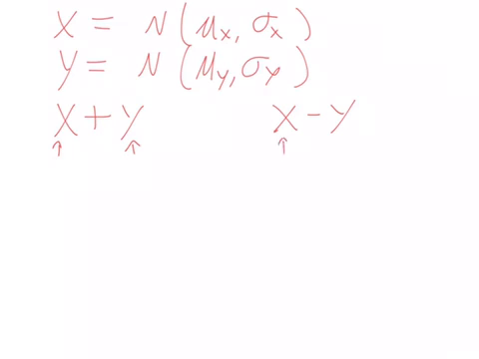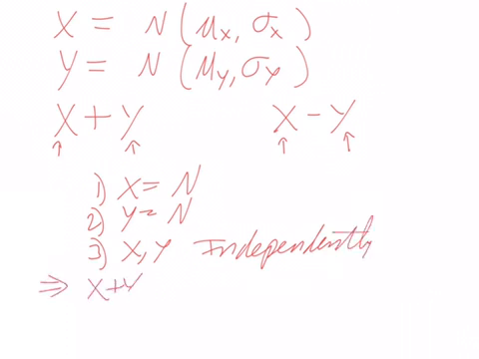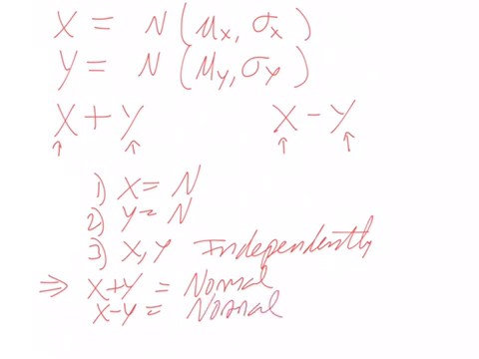Maybe this is a randomly generated height of a man, randomly generated height of a woman, and you want to find out how much taller the man is, or what the difference in the heights are. Well, if x is normal, and if y is normal, and if the two values x and y are generated independently of each other, then a couple of wonderful conclusions. X plus y would also be normally distributed. X minus y would also be normally distributed. Yay! It's like earth-shattering stuff, isn't it? Okay, so we'll apply that rule to